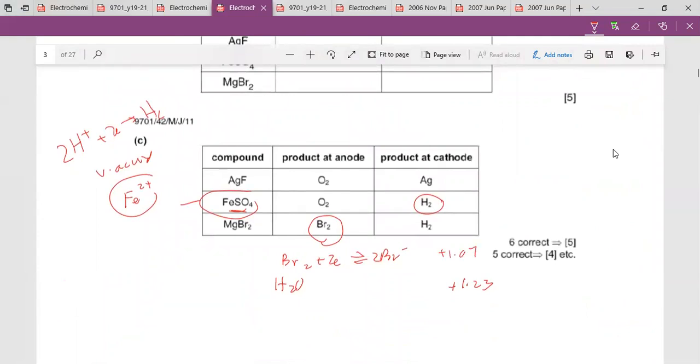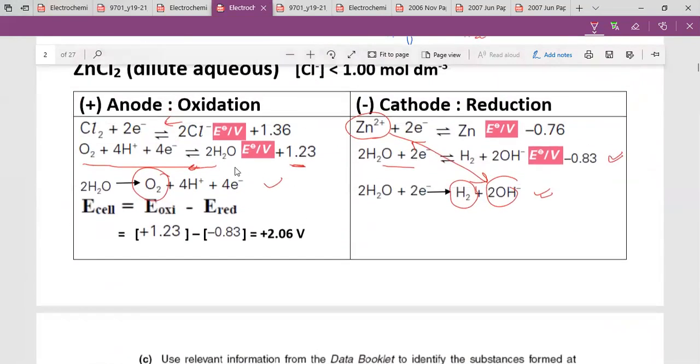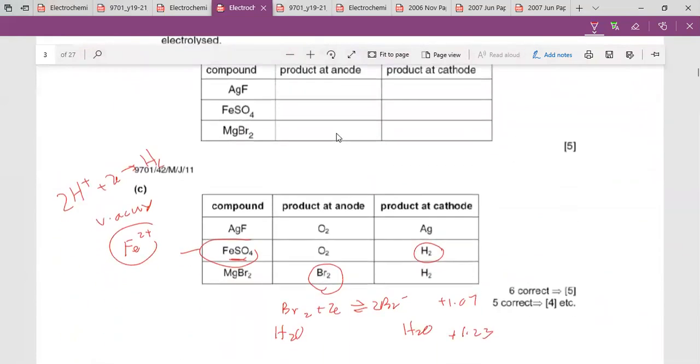So to go back, sorry, what should be here? Let's put it properly, water, right? O2, 4H+. O2, 4H+ here. O2, 4H+ and plus 4 electrons, okay, it's 2 here, right? So remember going backwards here for anode is charged positive. So these two fellows here, go backwards, right? This will be minus. So this small minus, that means bromine is given out rather than oxygen. Okay, hydrogen here. Of course, silver, because